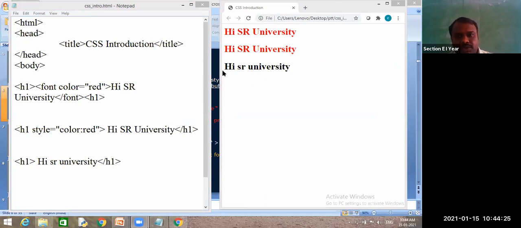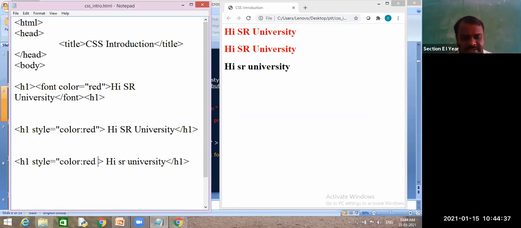Now I want to change this color to red color. Then what do I do? I won't write another tag. Style equal to color, and color as red, and I want to give another property, that is background color. I will tell you all these properties later, but I am introducing two to three different attributes to understand all these concepts well.